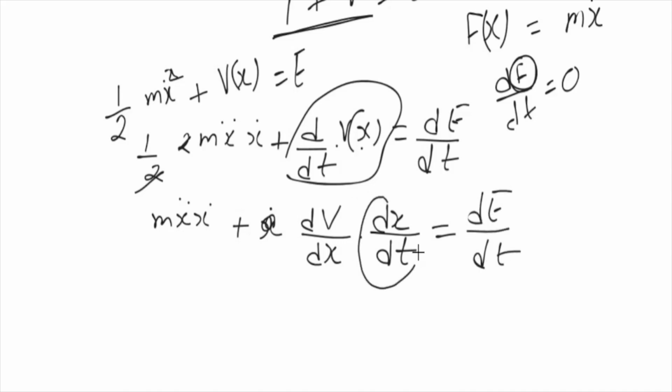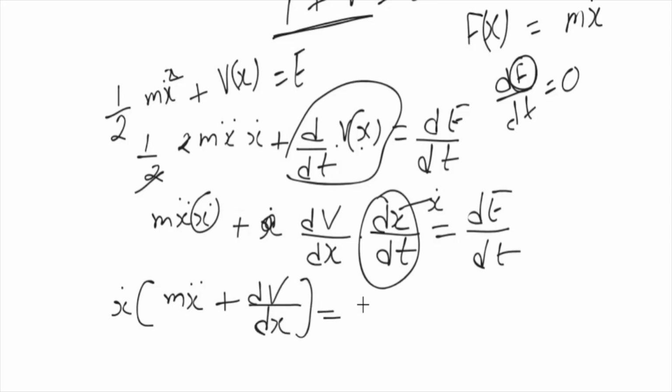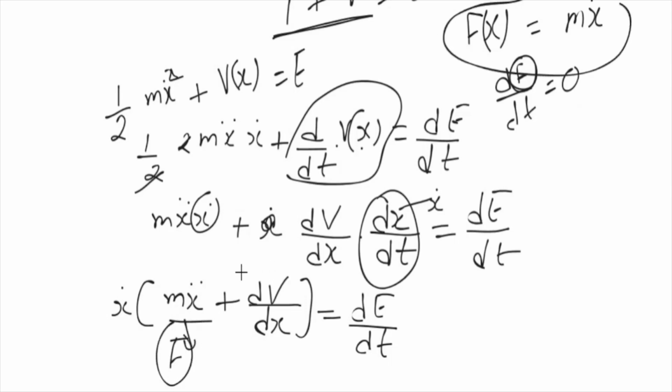And what is dx upon dt? It is equal to x dot. So x dot can be common here. So x dot times m x double dot plus dV upon dx is equal to dE upon dt. And according to Newton's second law of motion, m x double dot is equal to force. And what is dV upon dx? We have written it, and proved from the graph also,